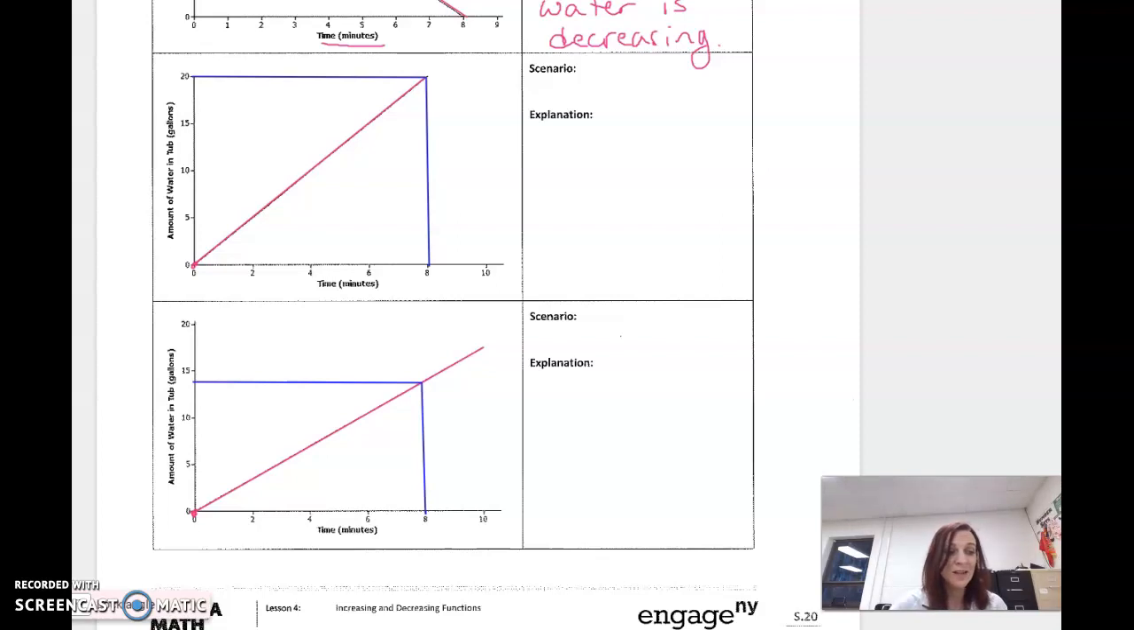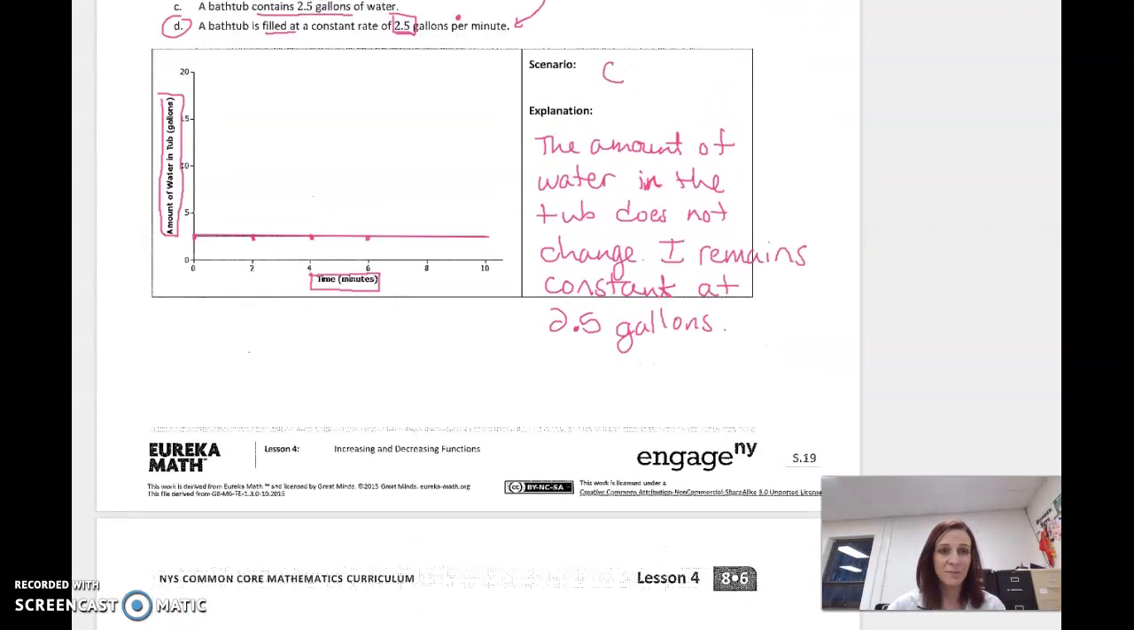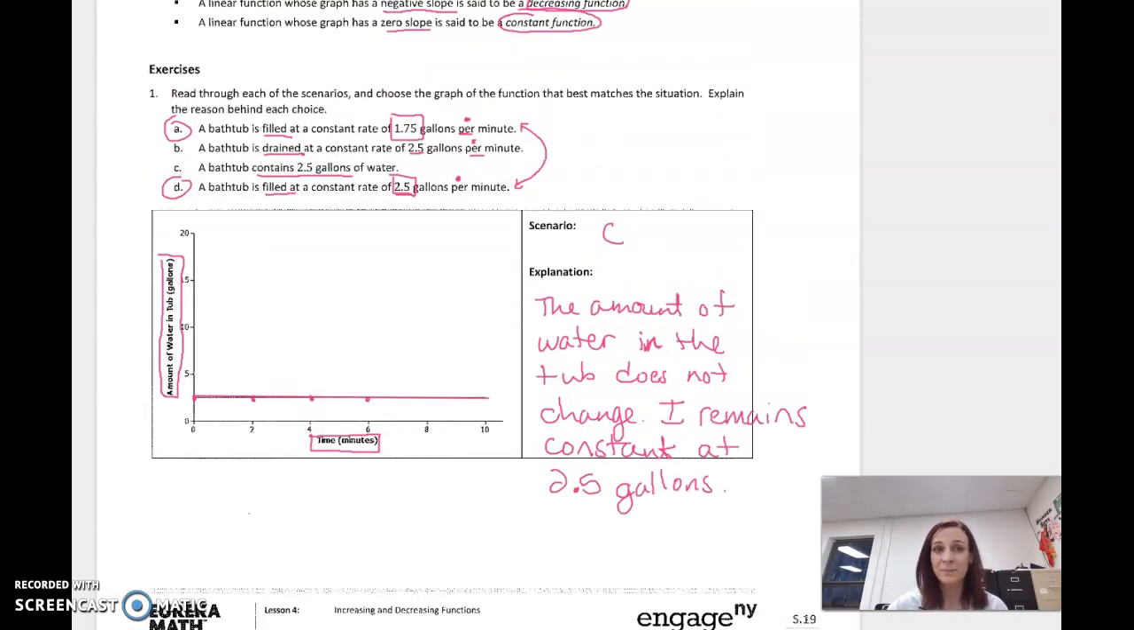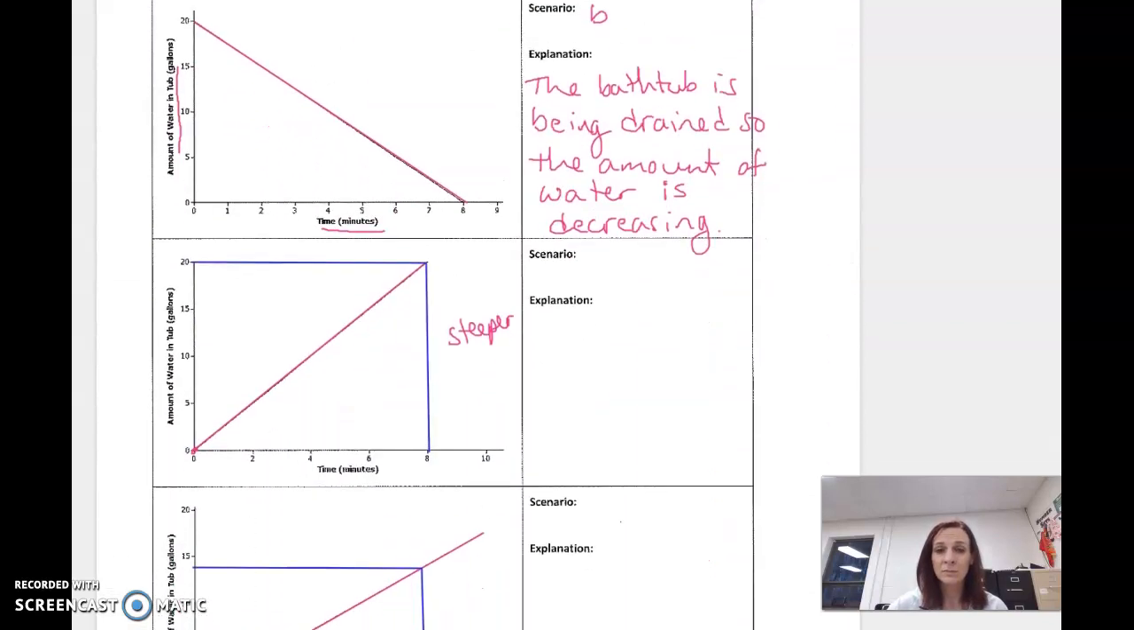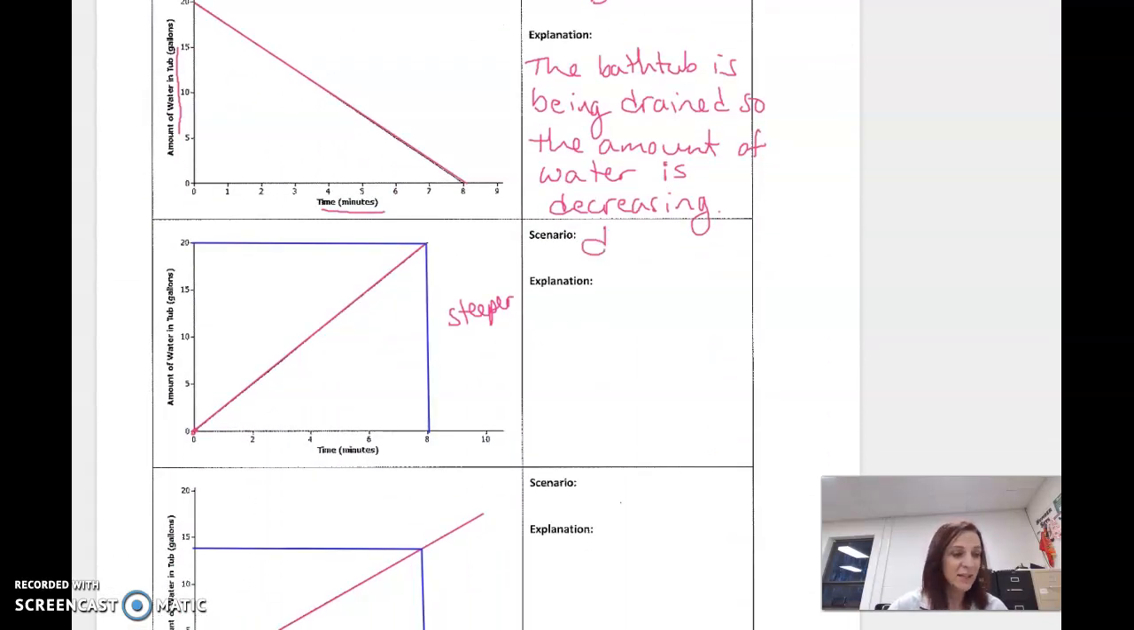So which one has the greater rate? If I did 20 divided by 8, that slope, that rate would be 2.5, right? So since this line is steeper, all right, than this line, okay? This is at 10, it still hasn't hit 20, okay? This is steeper. That means its slope is greater. So we're going to put that graph with D here. Okay, we're going to say scenario D, and